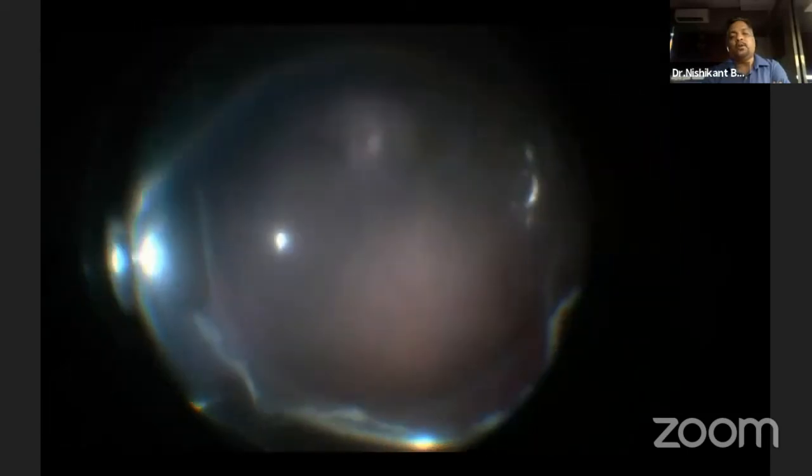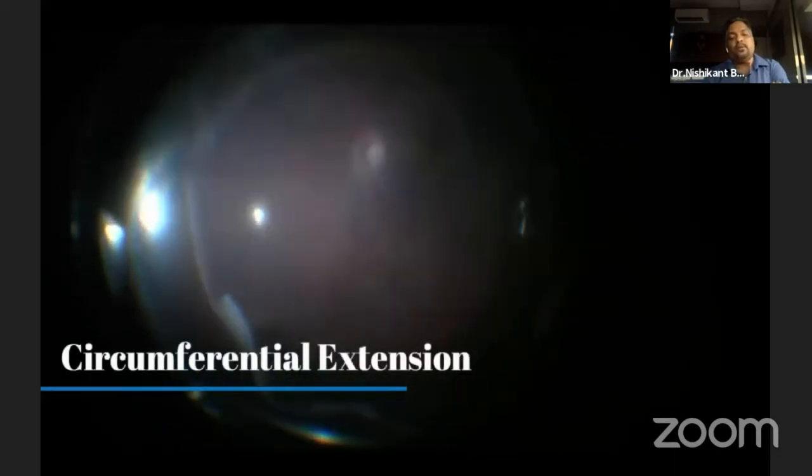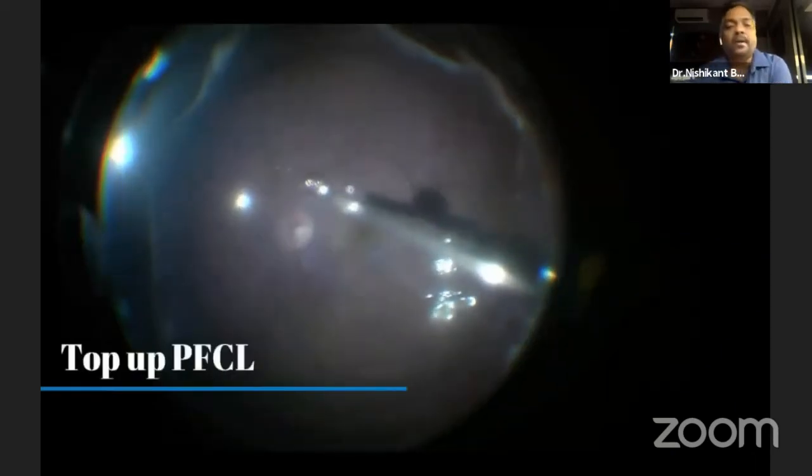Once you finish your retinectomy, be sure to excise all the retina which is anterior to the retinectomy, so that it doesn't lead to postoperative complications like I mentioned earlier. And it has to be meticulously removed. You have to spend a good extra time and do a good depression and remove all the retina which is in the periphery. And once all the membranes in the periphery are removed,